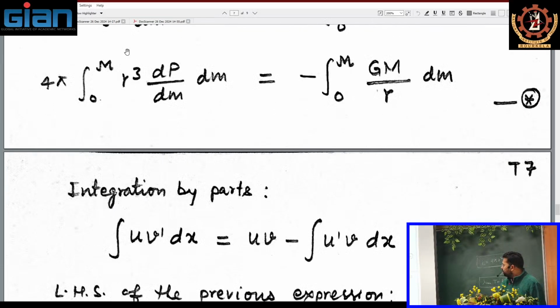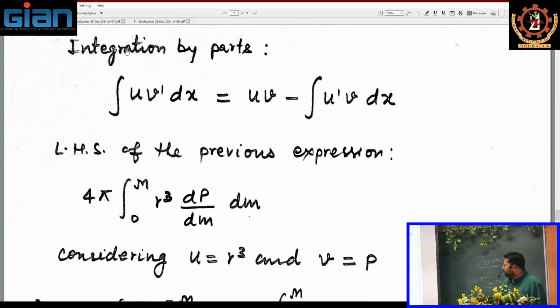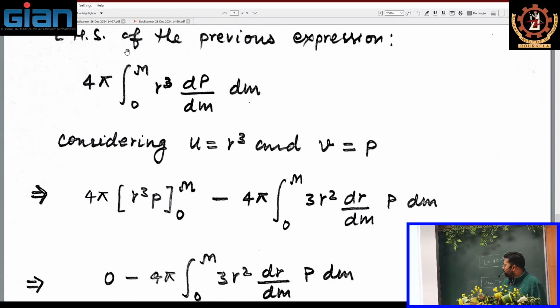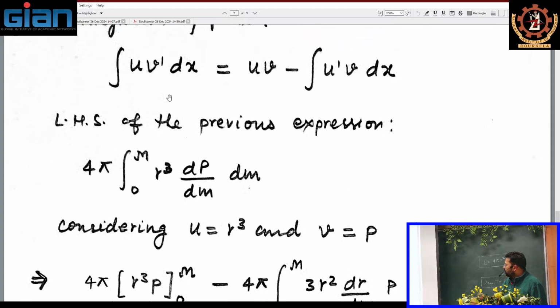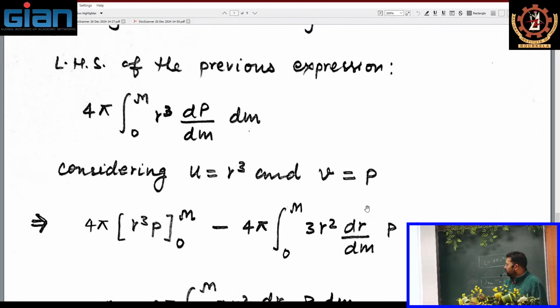Okay, if you do that, I'm just writing here the left hand side. So basically what you have here. Obviously now the question would be which one we should consider u and which one we should consider v'. Obviously we can conveniently consider dP/dm as v', and we consider r cube as u. So considering u as r cube and v as P, what you will end up getting